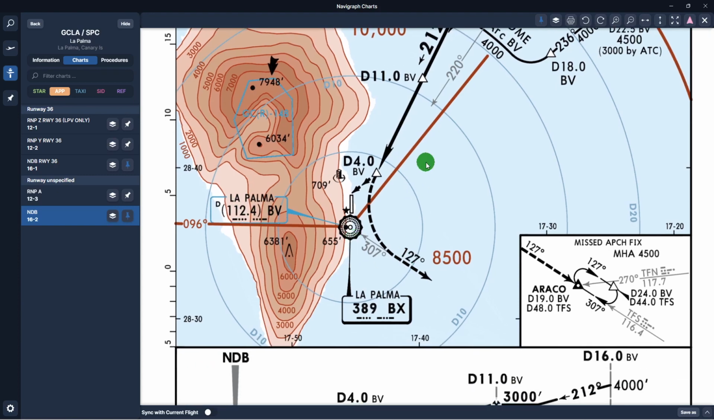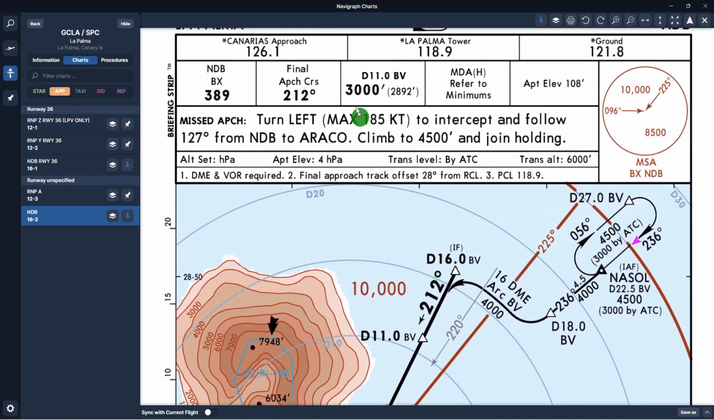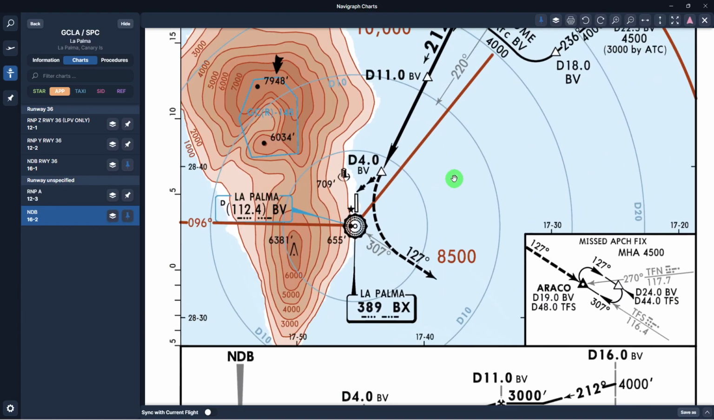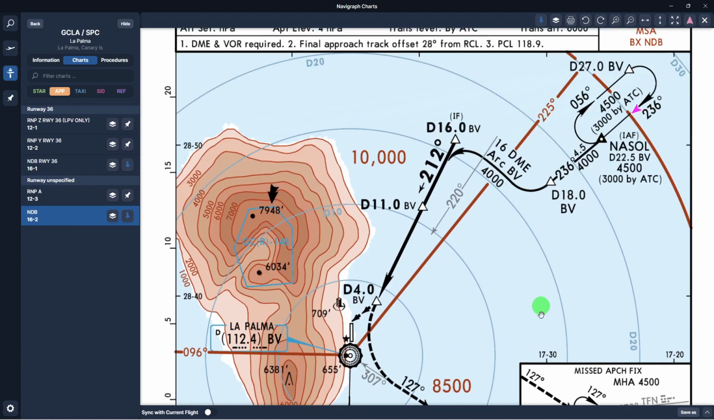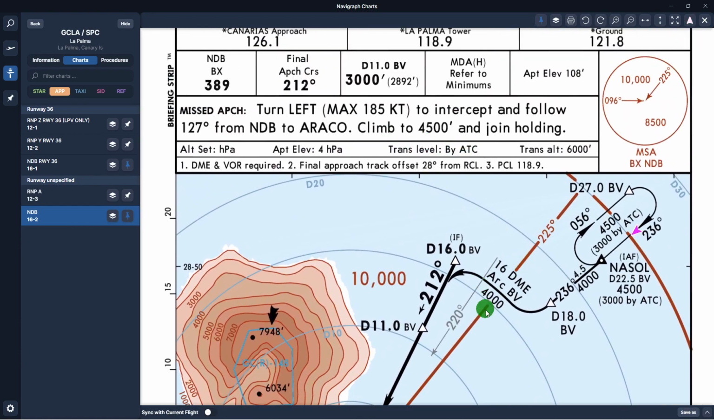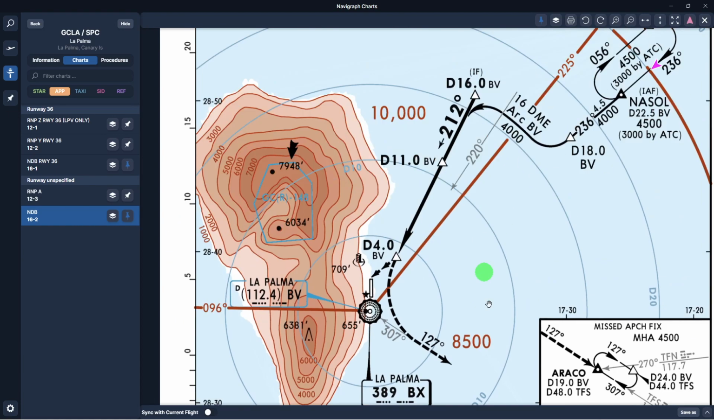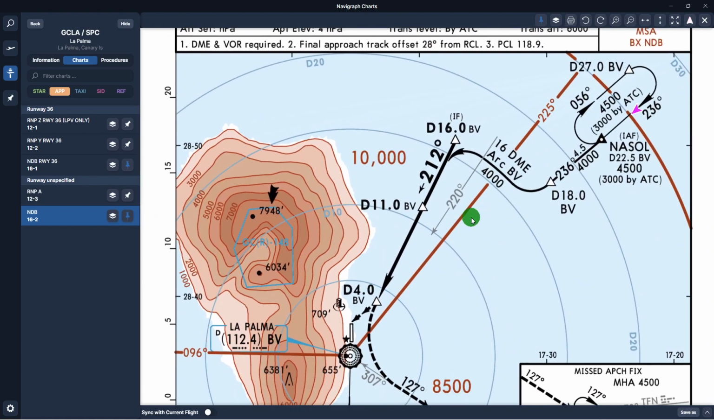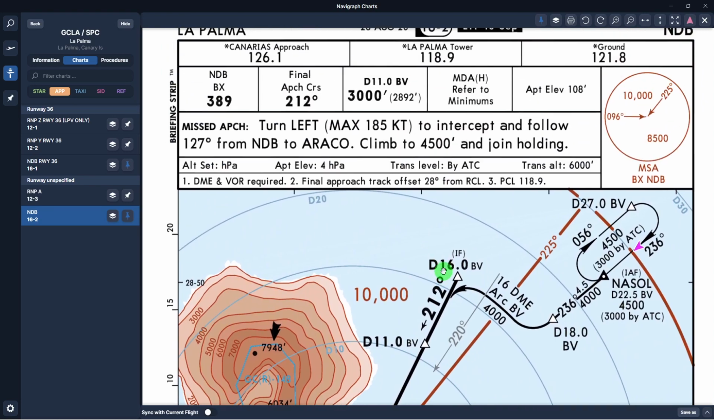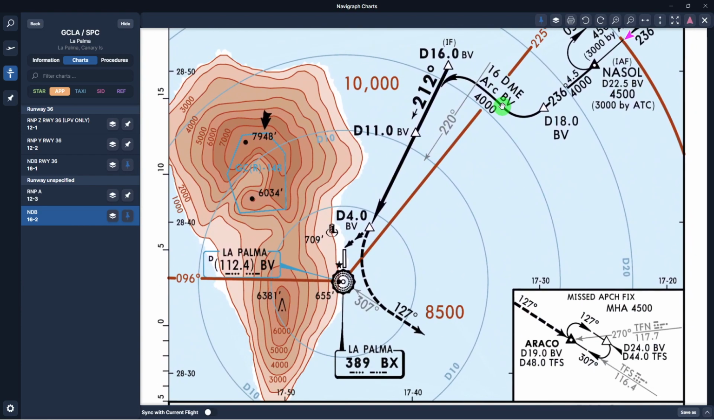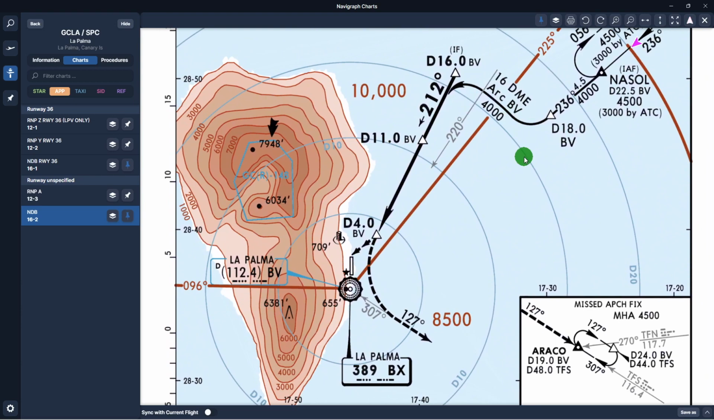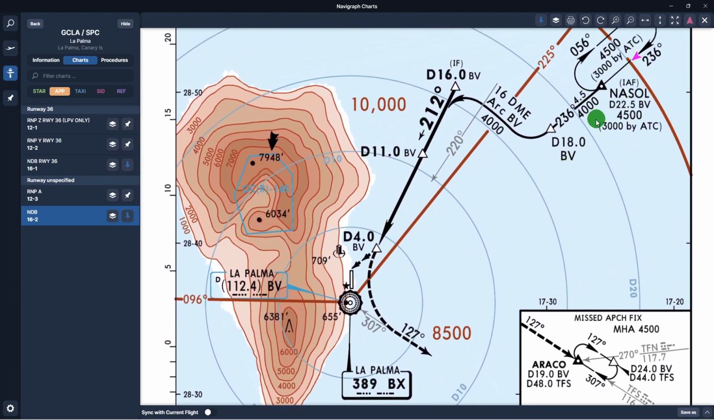Okay, in case of missed approach, it says that we turn left with maximum 185 knots to intercept and follow 127 outbound from NDB to position Araco. Position Araco is 19 miles from the Bravo Victor DME. Climb to 4,500 and join the holding here. Okay, so this is the approach we are going to shoot, with minimums again 1,630. Okay, if you want to stop the video right now to better understand this approach, if you have any doubt, do so and then continue,